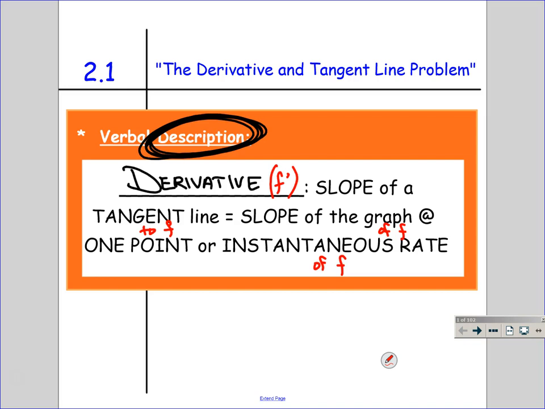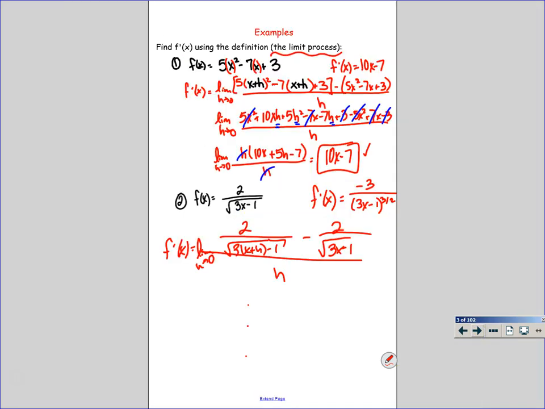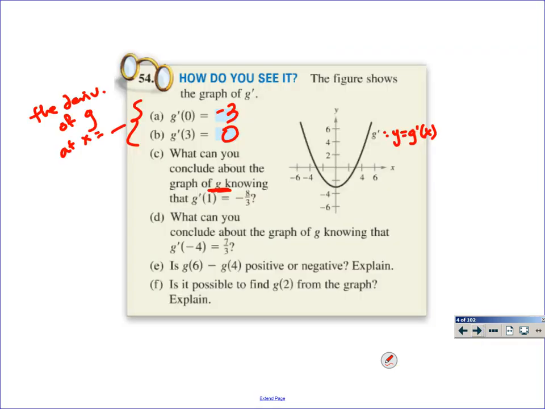What do you want to talk about if they say the derivative is equal to -8/3? Which piece of this description do you want to use in order to describe f? You can choose, I don't care. Slope at one point? Cool. So let's come over here and say, all right, there were three different things that you could have said. So one way is, what can I conclude about the graph of G, knowing that G prime is equal to -8/3? The slope of G at, where? x equals 1